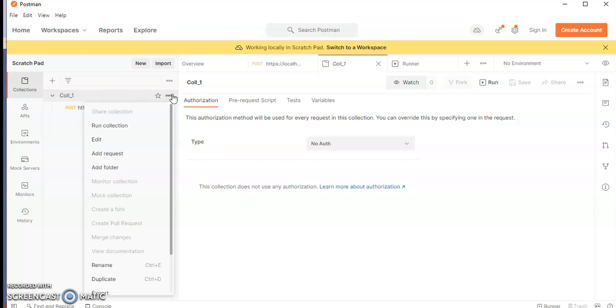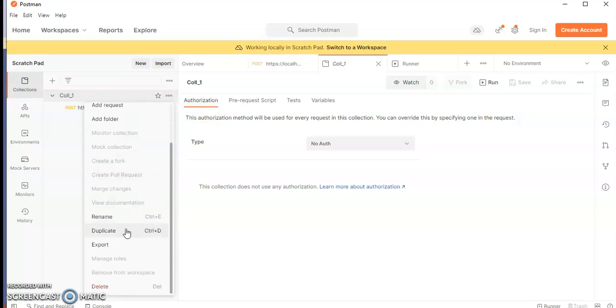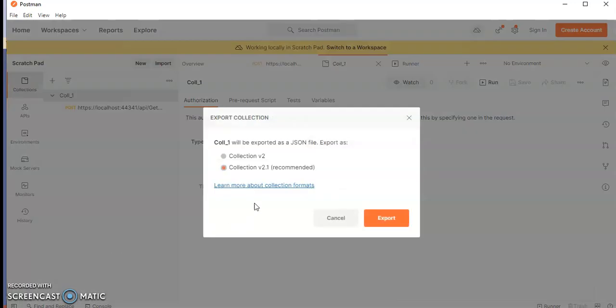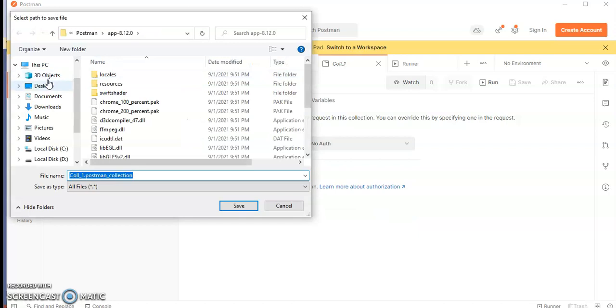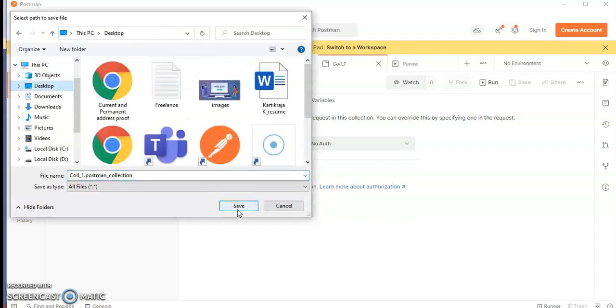On the right side you have these three dots. Just click export, and it will ask you to export it as a JSON file. Let's select the recommended type only, and you can export it. Let me save it on the desktop.